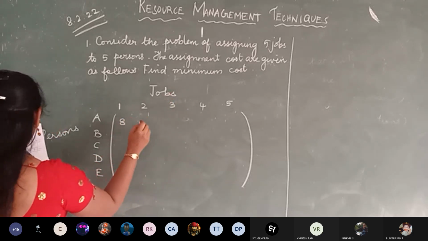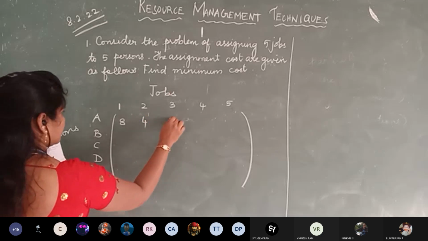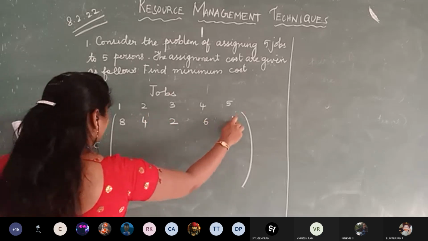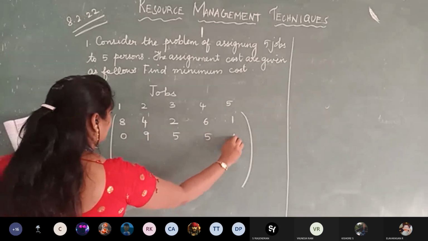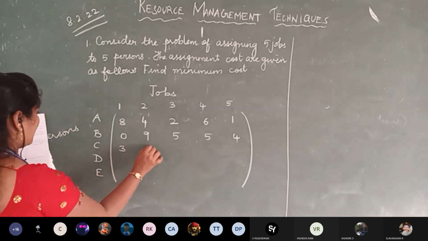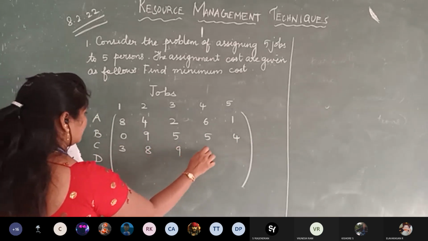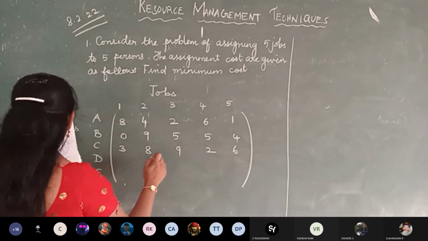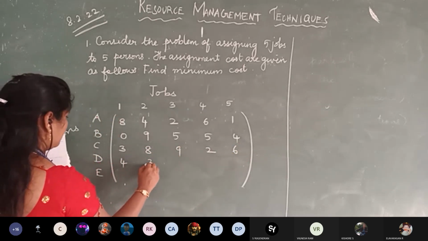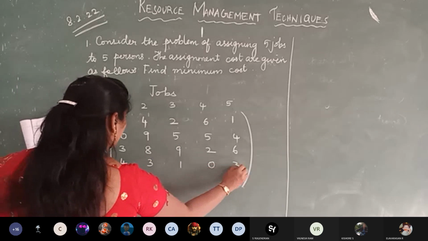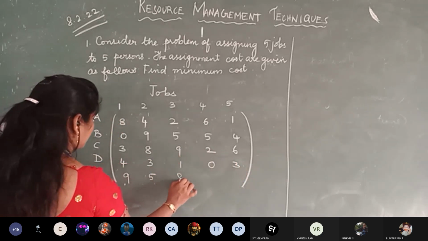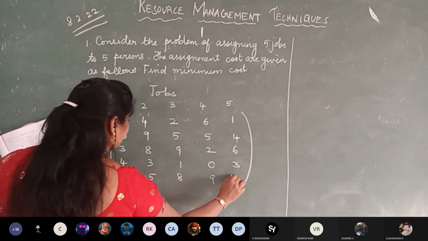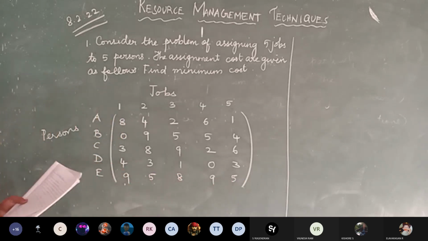So your values are 8, 4, 2, 6, 1, 0, 9, 5, 5, 4, 3, 8, 9, 2, 6, 4, 3, 1, 0, 3, 9, 5, 8, 9, 5. So write the values correctly: 8, 4, 2, 6, 1,